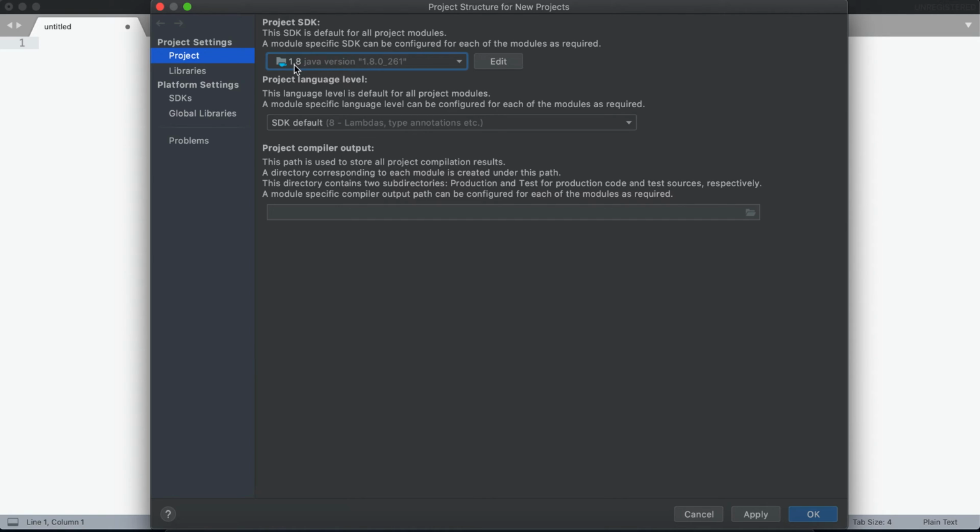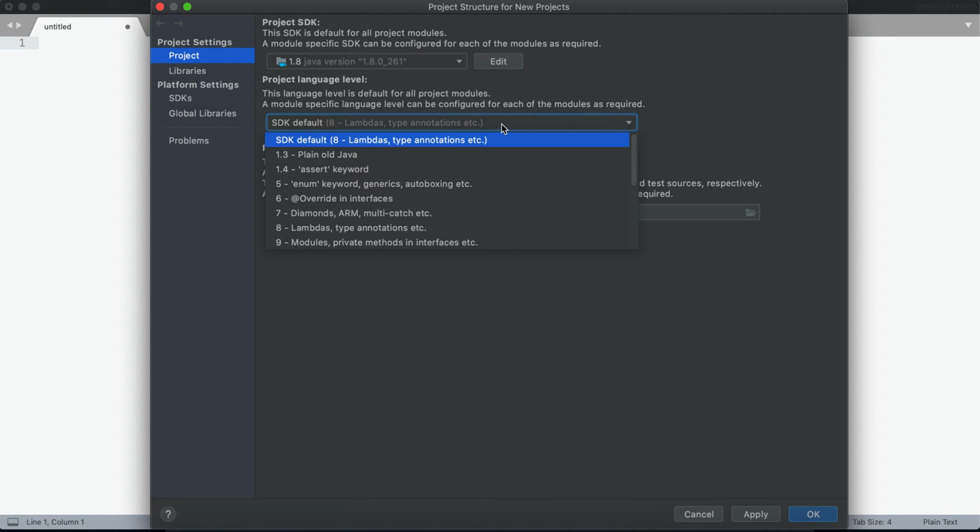On my laptop, I have configured JDK 1.8.0_261, and that's why it has taken this version here, and I'm selecting it. Once this selection is done, it is going to ask which kind of SDK, software development kit, you want to use.